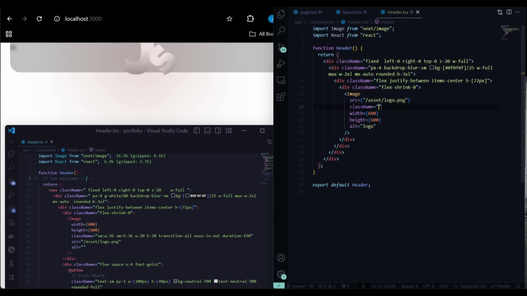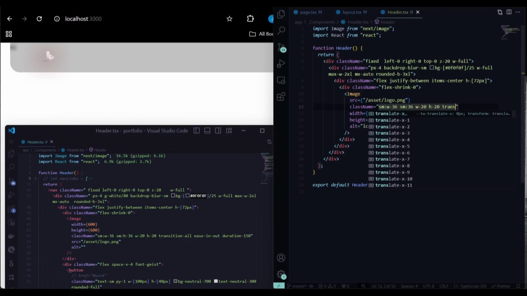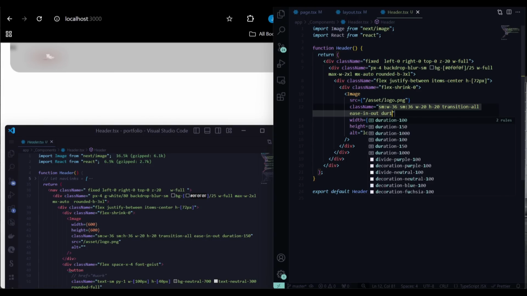So let's give it a class name of sm, for smaller devices. We want it to have a width of 36 and a height as well of 36. And let's give it a normal width of 20 and a height of 20. Transition-all, ease-in-out, and duration-150, and of course we need to give it